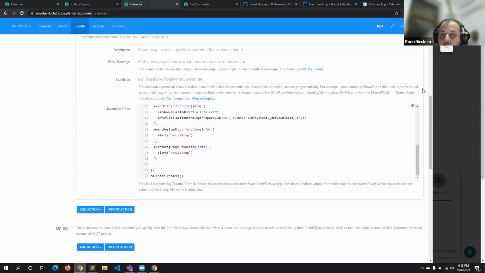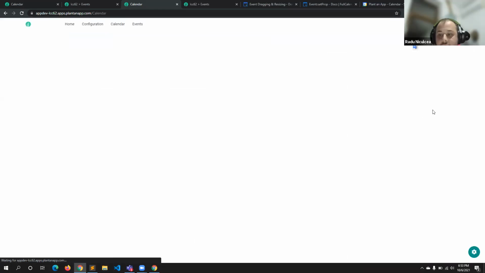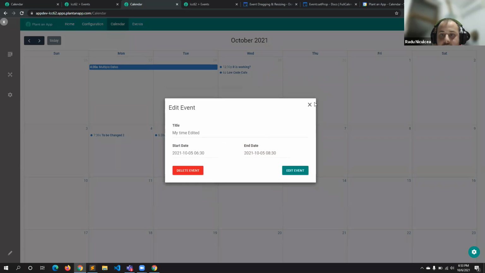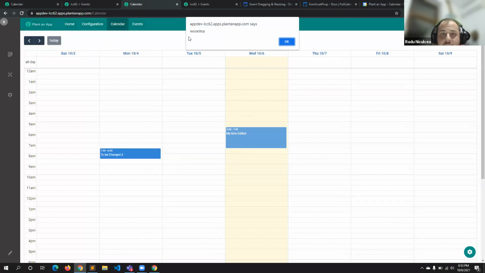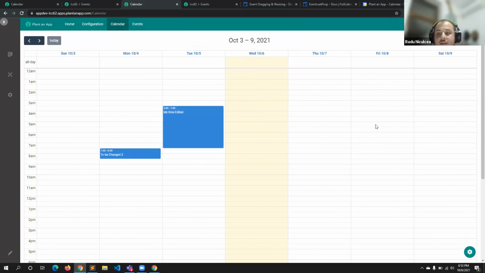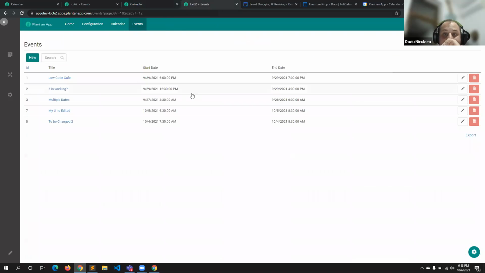All right, so the idea is that I've enabled JavaScript code to give me the proper information when I stop the resizing, or anyway, it gives me an event each time I'm moving something. It's executing the JavaScript code. So the easiest way for me to update those will be through APIs. I'm going to quickly create one API for those two events to readjust the date and time behind the scenes in the backend.